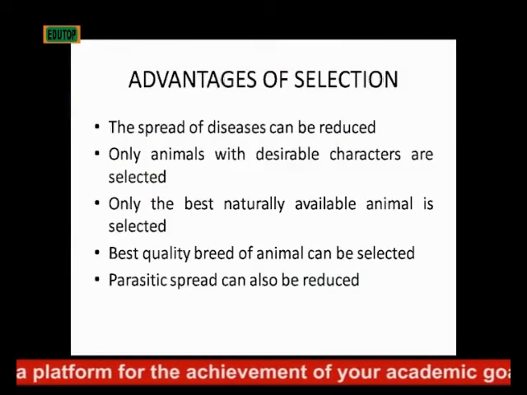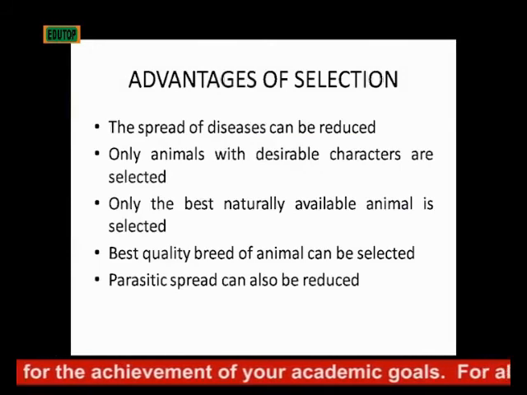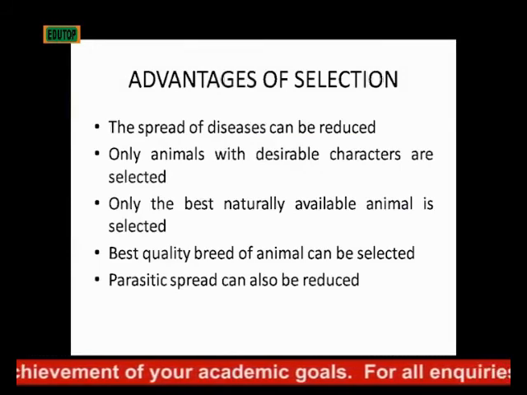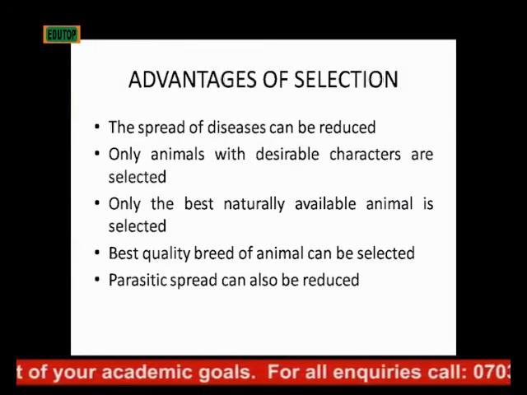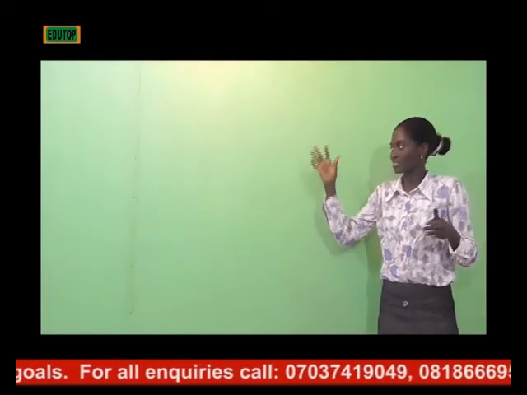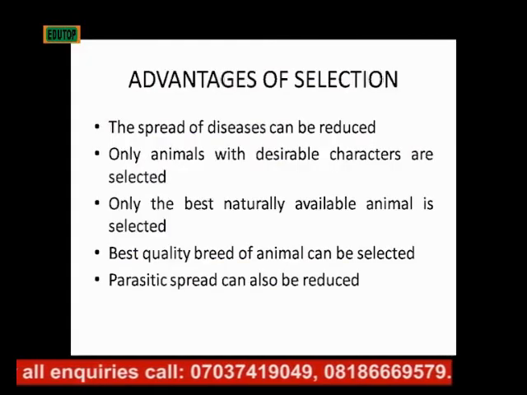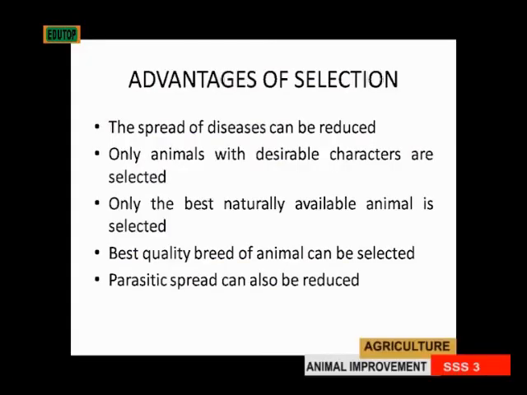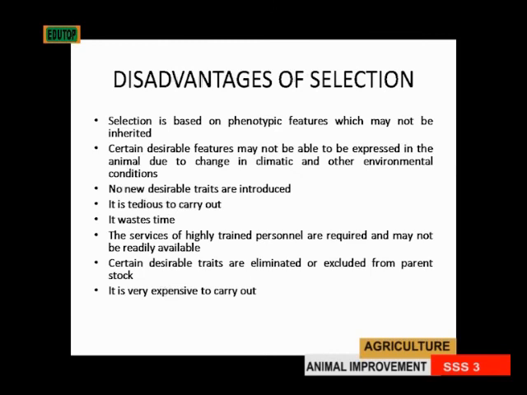Then only the best naturally available animal is selected. You know, there is natural selection, so the best that is naturally available is the one that is selected. Then the best quality of breeds of animal can also be selected under selection. Then parasitic spread can also be reduced. The disadvantages of selection. First is that selection is based on phenotypic